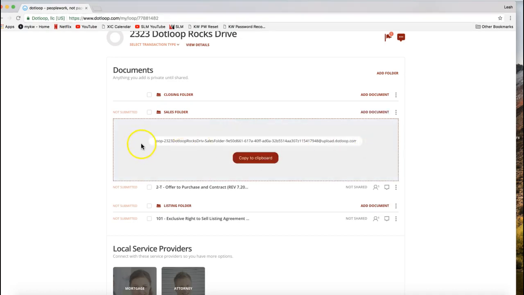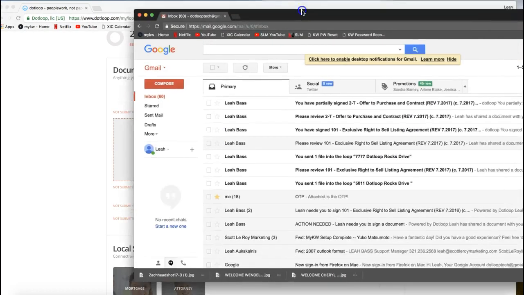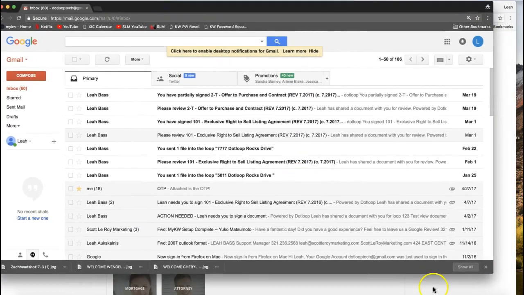Okay, it will generate the super long, crazy Dotloop email address that is specific to this folder in this loop. So step 1 would be clicking copy to clipboard. You'll notice it'll turn green and say the email has been copied to clipboard. So that's good. So now what we would want to do is pull up our Gmail account